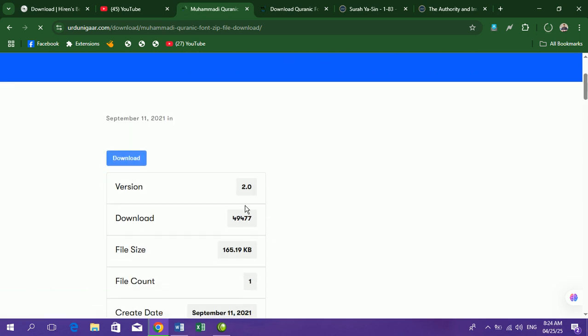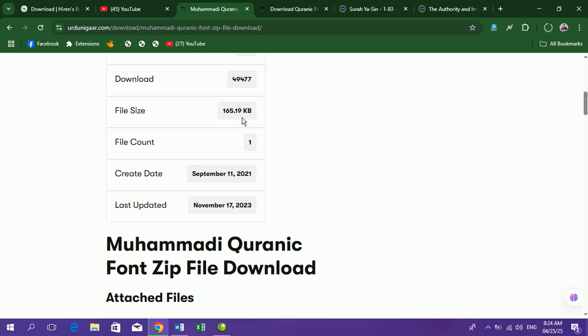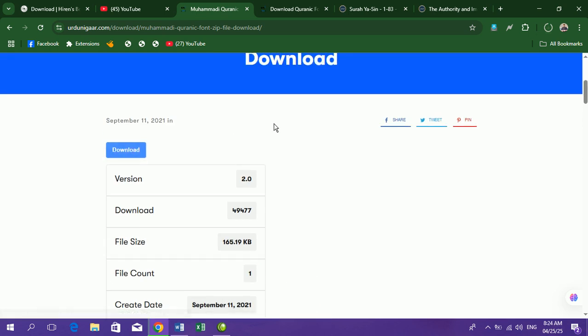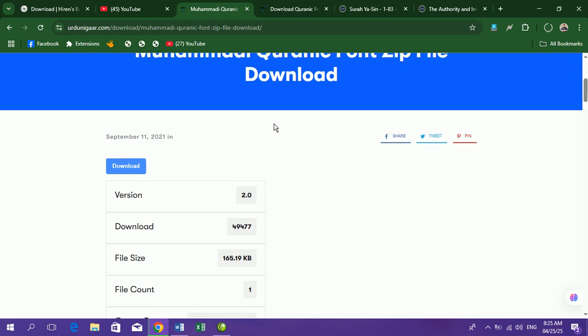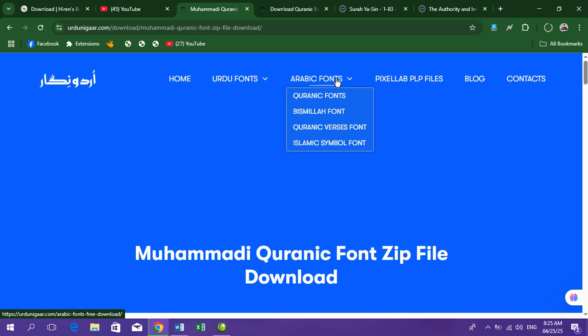Look, there is information about the file version, downloading, and more. The file says you should download it there, but I have already downloaded it. For more, you should click there: Arabic fonts, Quranic fonts, and also Bismillah font, and more other fonts you can find. But I want to click on the Quranic fonts. You should click there, and after this